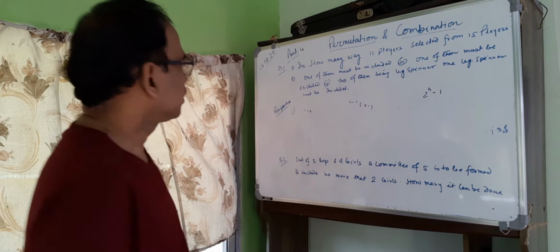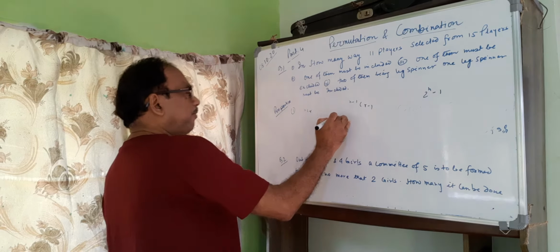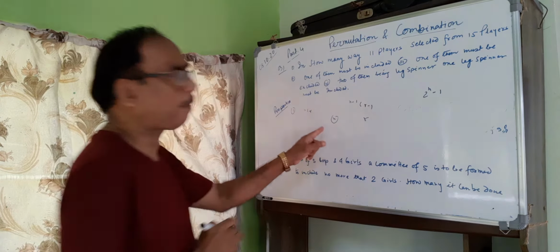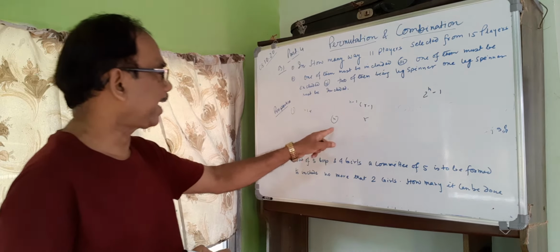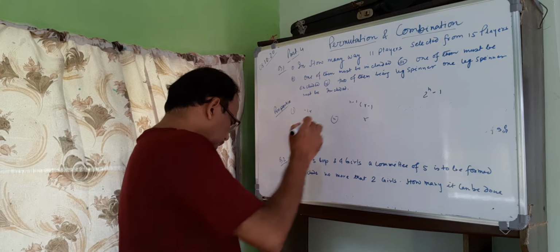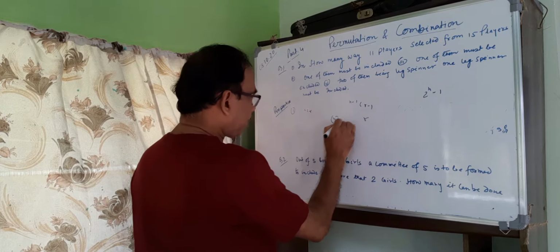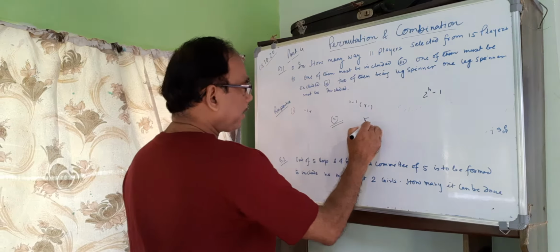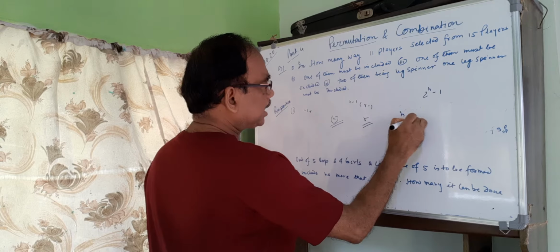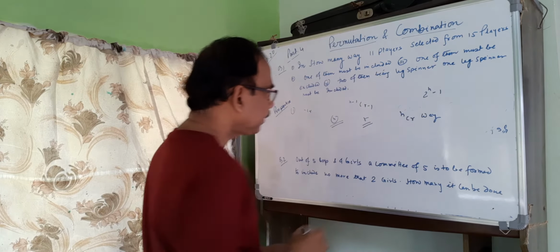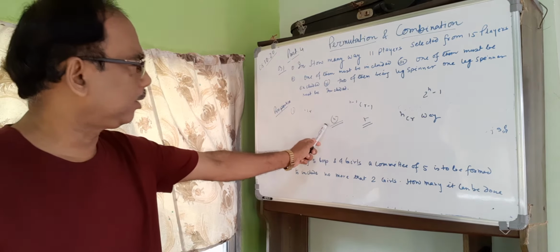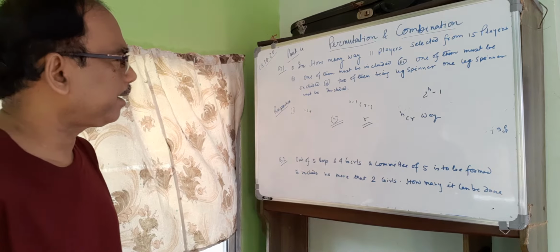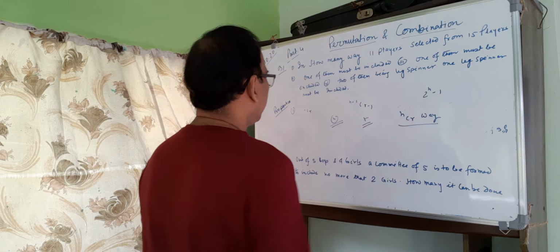Now let us explain a few properties on selection. Suppose there are n different things. We have to select r things from n different things. The number of combinations of n different things, you have to select, you have to choose, taking r different things at a time. This can be done in nCr ways. Number of things is n. You have to choose or select r things. This can be done in nCr ways.